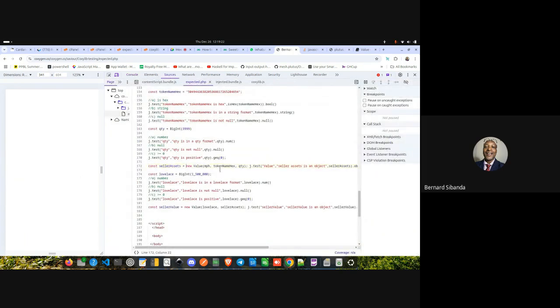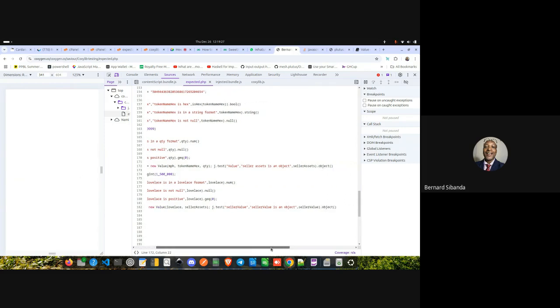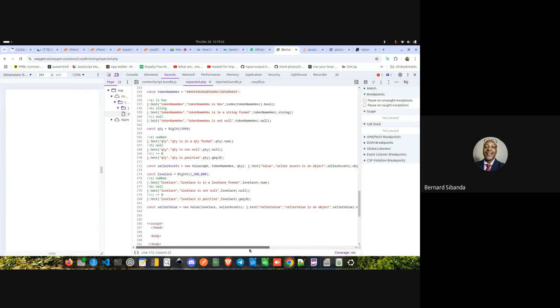Right, then we get here. Cannot convert this to big int. Where is that? Object. Right, there is a mistake there, or a J value seller is an object.